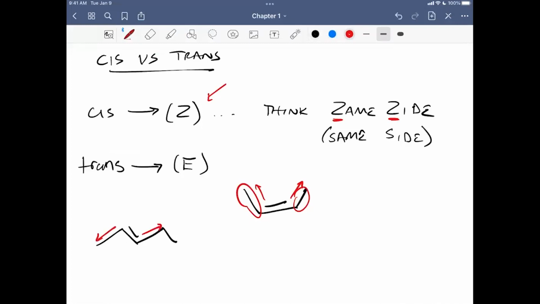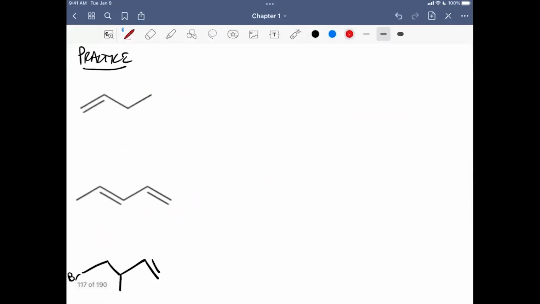So they're going in 2 different directions, you could say. Okay, so that's this first trans. Let's get to some practice problems. Feel free to pause it if you need some time to go through it, but I'm just gonna dive right in. So 1, 2, 3, 4, our parent chain has 4 carbons with no substituents,